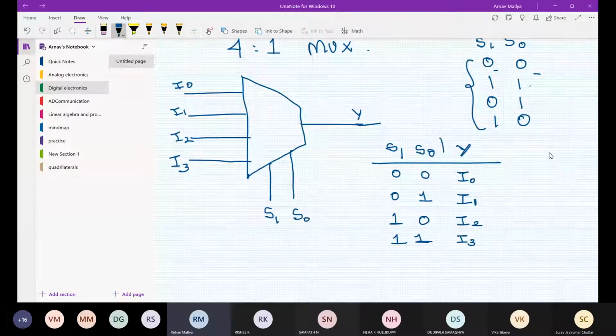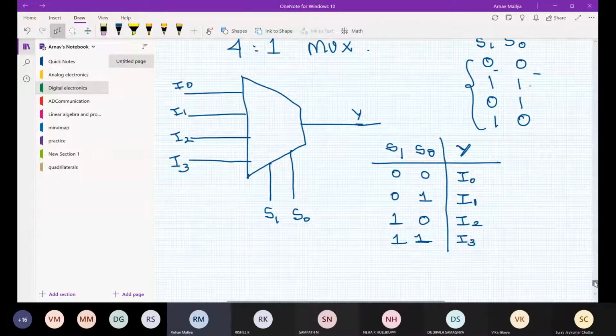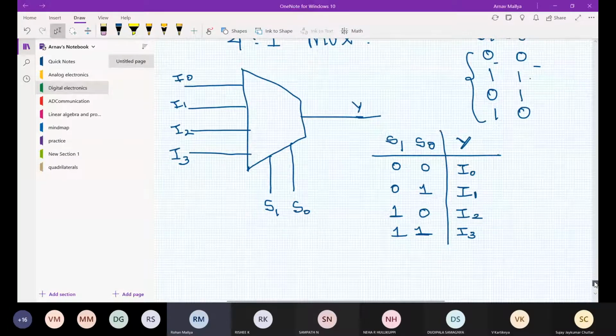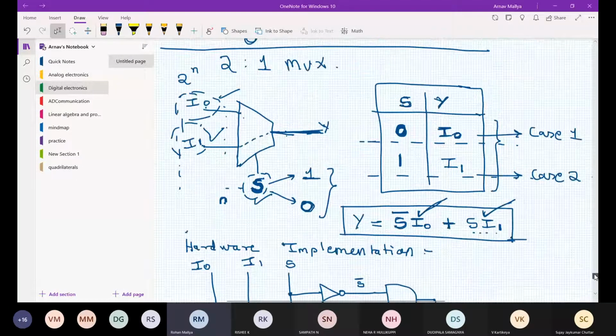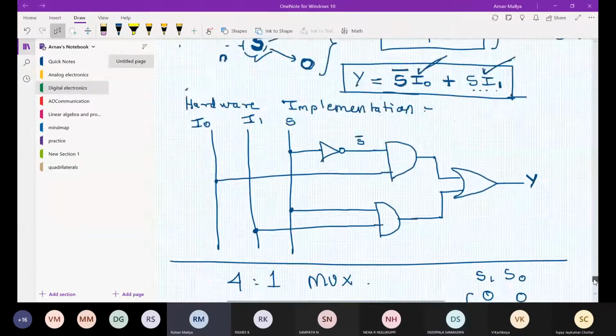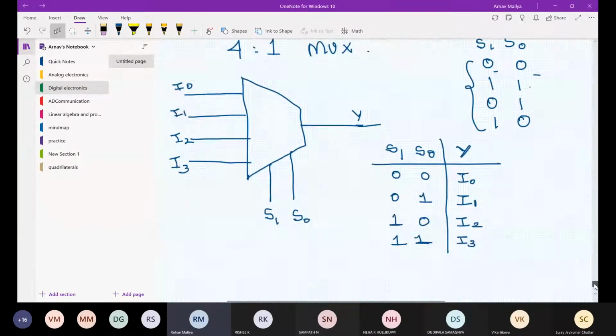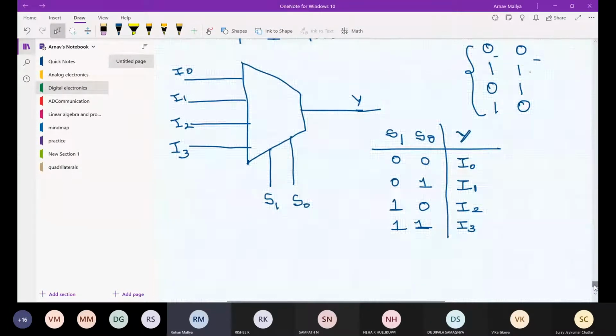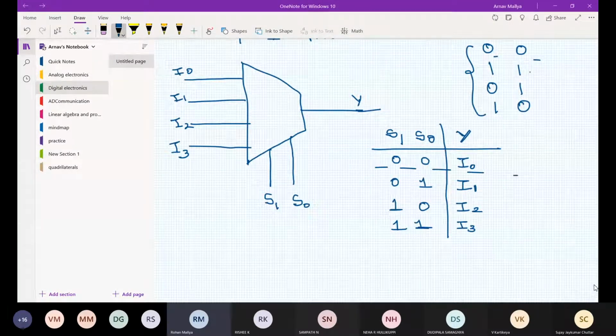Now from the truth table, just as I wrote the expression for the 2:1 mux, you can similarly write the output expression for the 4:1 mux and implement its hardware. I'll leave that part to you. I'll just write the first term: S1 bar S0 bar I0.